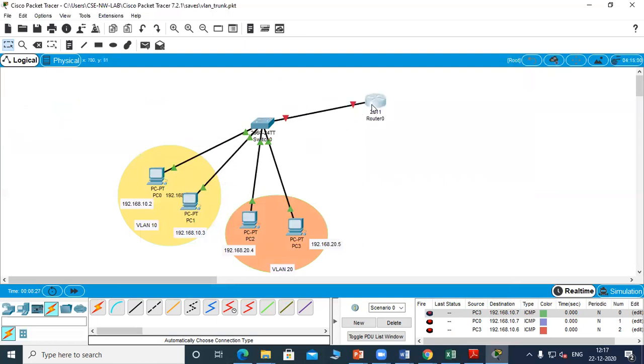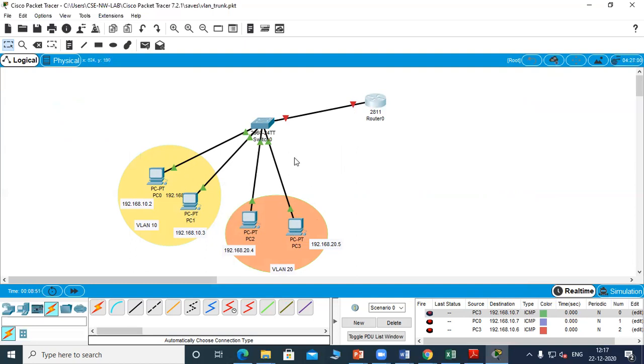So this router is going to help you to communicate with the outside world. But there's only one interface. Now, if the packet has to be forwarded, the gateway address of this will be 10.1 and the gateway address of the second network will be 20.1. So we require two gateway addresses, but there's only one interface.